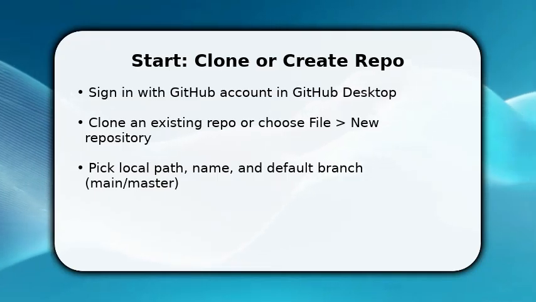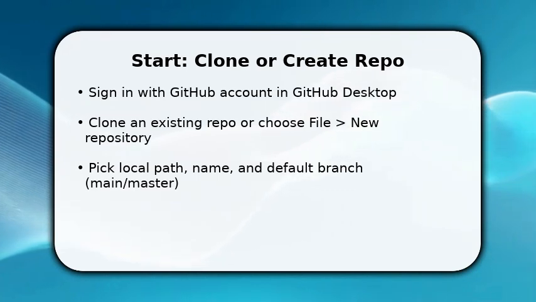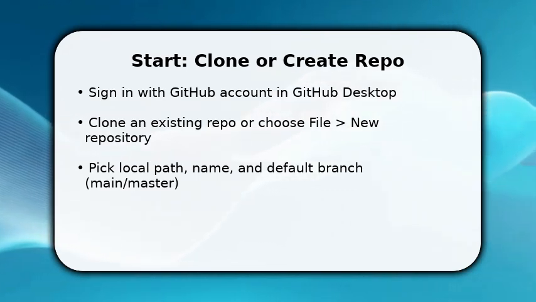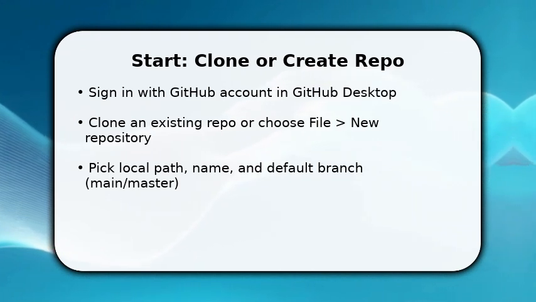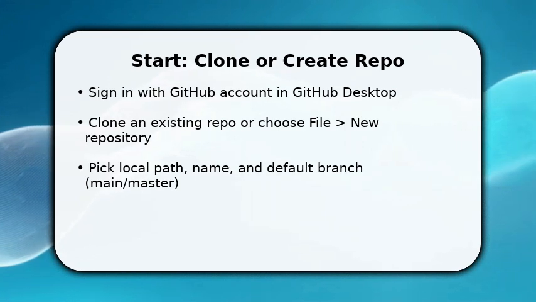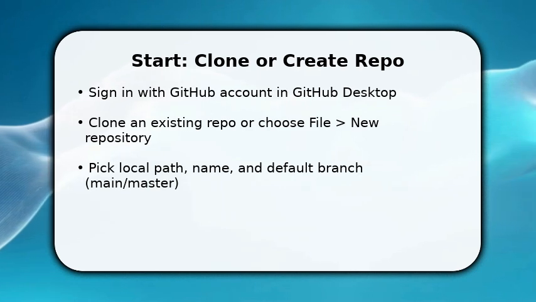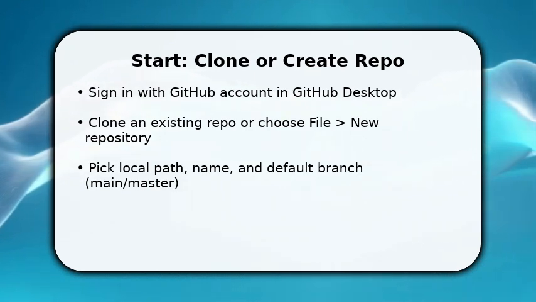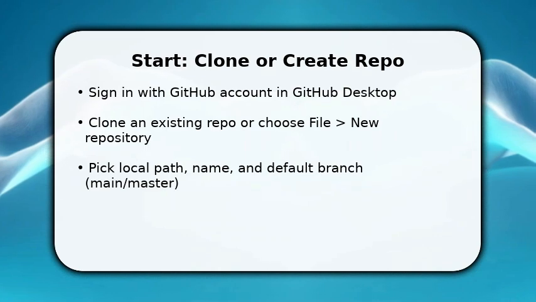You'll begin by opening GitHub Desktop and signing in. Once authenticated, choose Clone a repository or create a new one. You want to set a clear local path and a meaningful repo name so you don't get lost later. Make sure the default branch is set to main or master depending on your workflow, and enable Git ignore templates if needed. Once done, you'll have the project folder ready locally, and GitHub Desktop will show file status on the